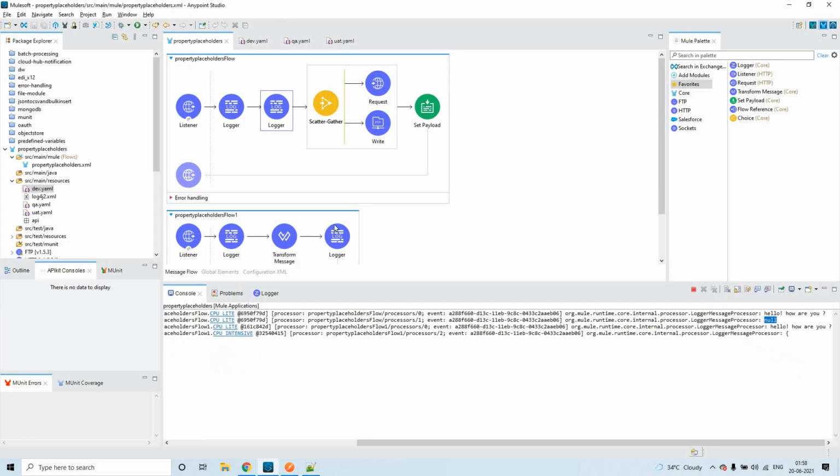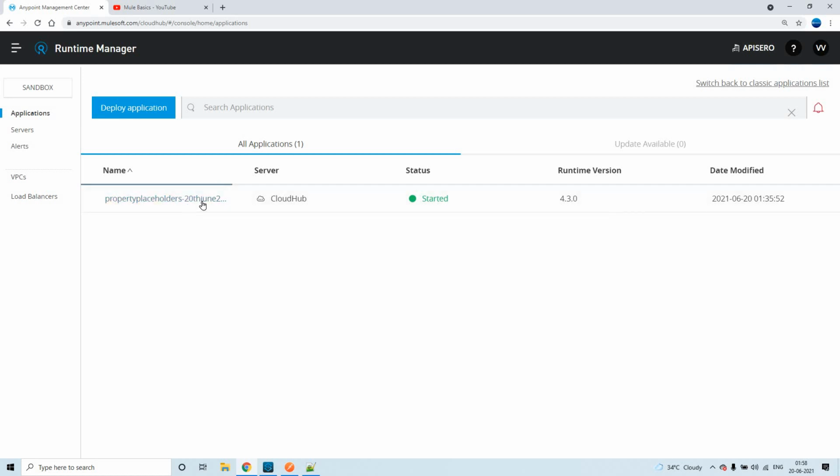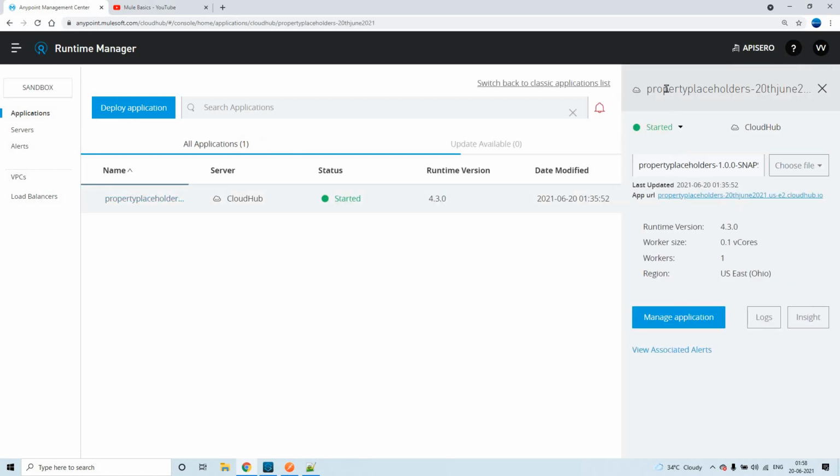Now let's try to deploy this. I have already deployed this particular application with the logger which we have just removed to CloudHub, with the name property-placeholders 20th June 2021.